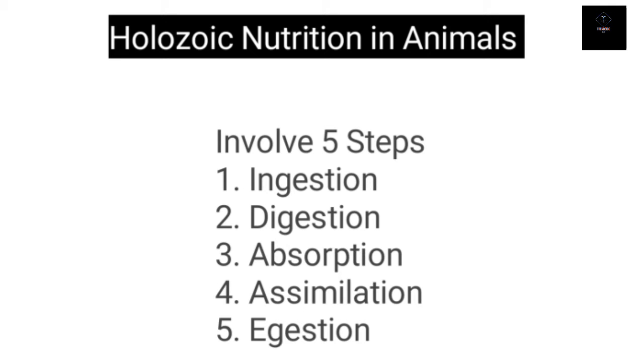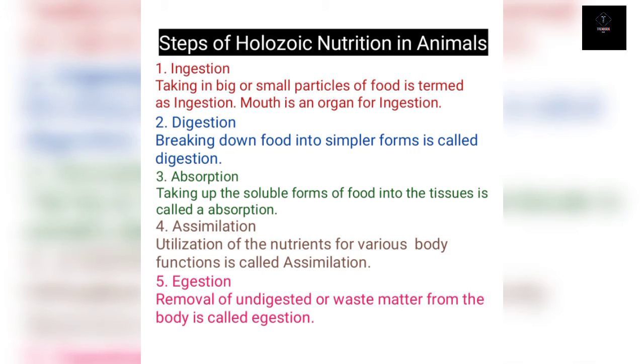Today we are going to start holozoic nutrition in animals, which involves 5 steps. There are ingestion, digestion, absorption, assimilation, and egestion. So now we will discuss one by one what ingestion is. Taking in big or small particles of food is termed ingestion, and the organ that is used for